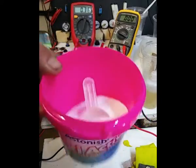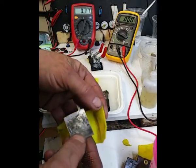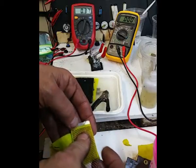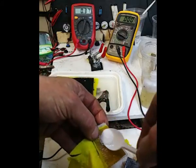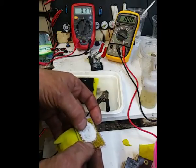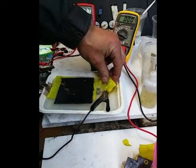So there they are, look. Oxygen crystals. So this is the construction. The separator over there. Put the copper on there. And basically just put some of those on there like that. That's all it is. That's all I did. So if I wrap that back up, put that in the water,